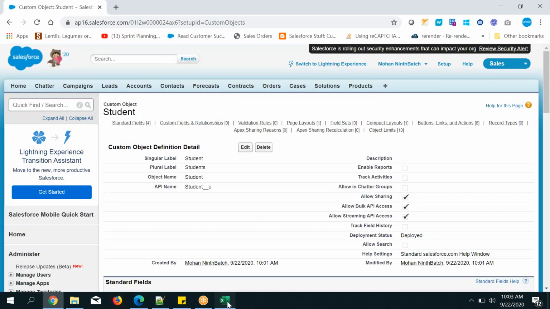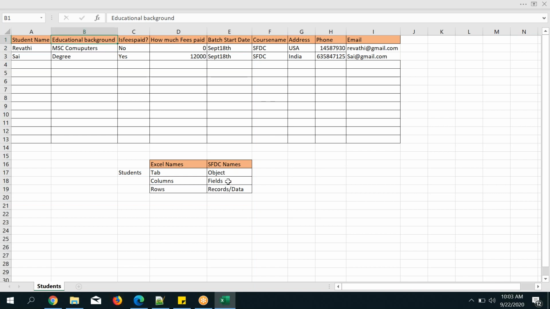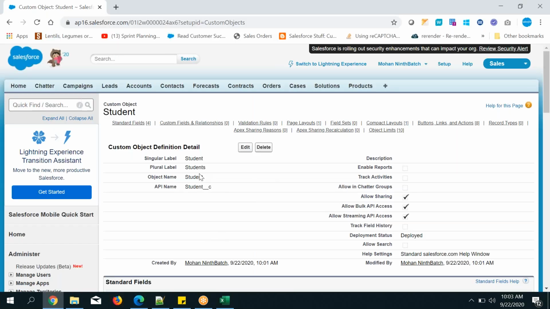Next, what we need is, you need to create fields, right? Leave it. Right now, please don't create fields, and let's see. Now the object is created, and when you create an object, Salesforce will append underscore underscore c to the object name. Just remember, this is called the API name, and the usage of the API name is that we will use it in development, in querying the data, and in some formulas. During that time, we will use this API name, which is given by Salesforce, not by you. This concept is separate, and we will get to know it later.